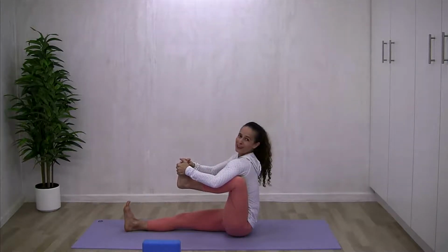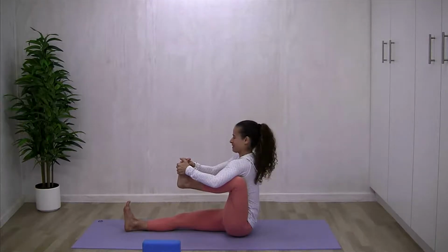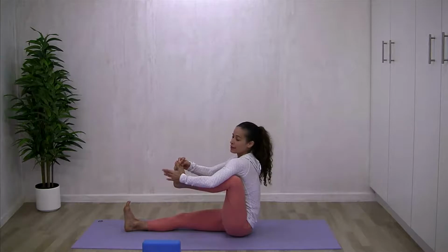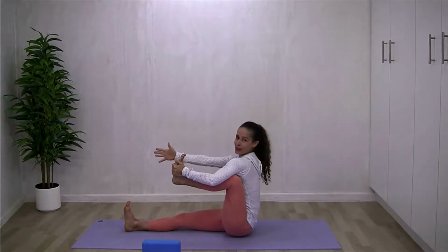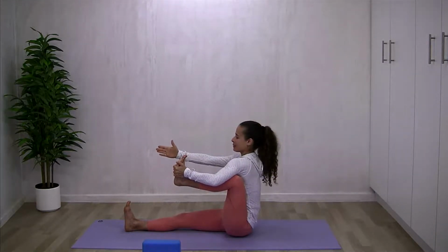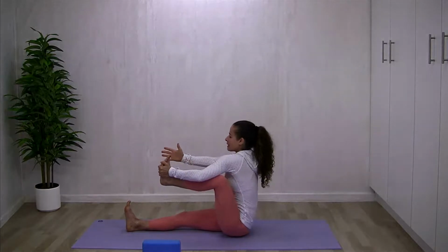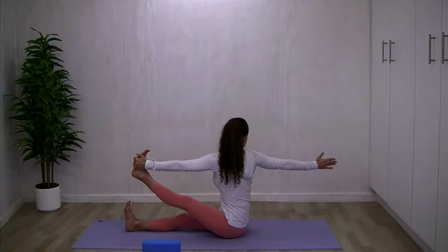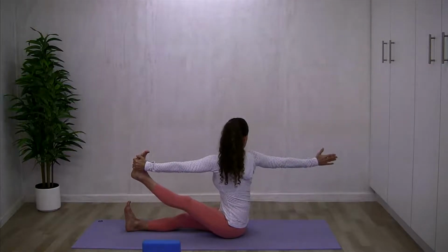Keep your breathing long and relaxed. We're going to find our arrow line on this side. So hold onto the left foot with the left hand. Float your right arm out in front. Take a big breath in. On an exhale, extend the left leg as you rotate through the trunk, looking behind you and extending the fingertips of the right